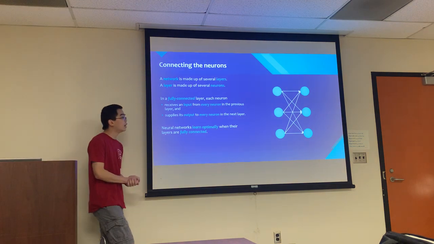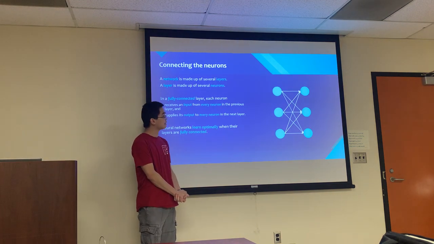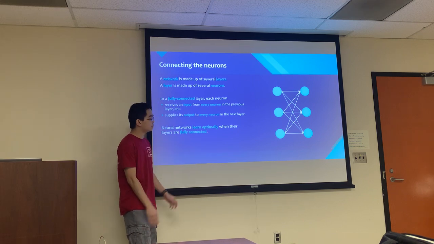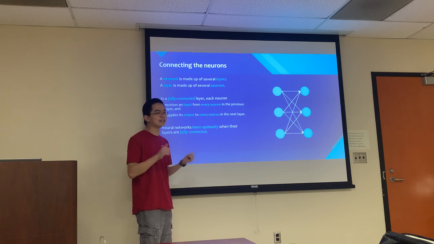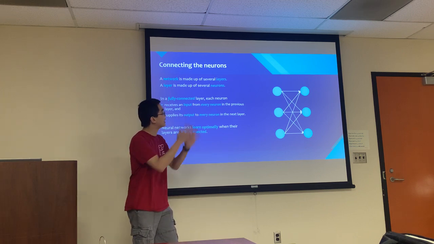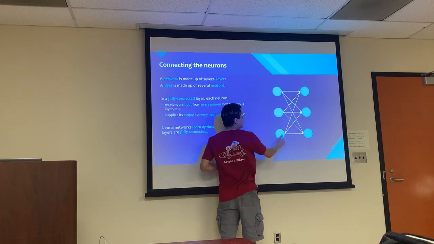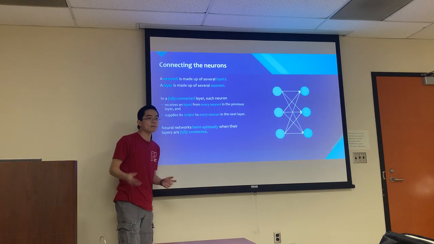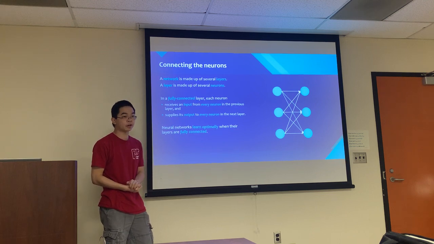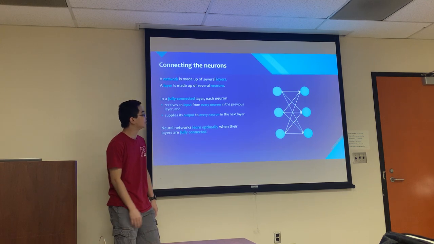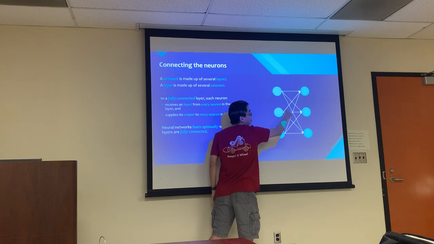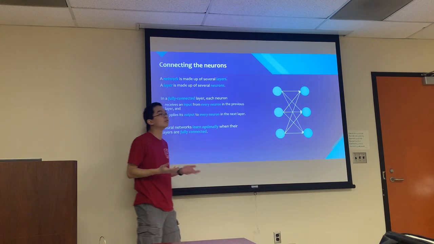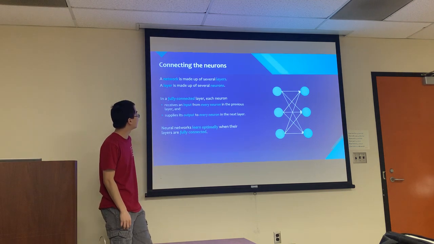Okay, so we talked about individual neurons, but basically a neural network is composed of many neurons, which you might expect. So the next level of abstraction from a neuron is a layer of neurons. A layer of neurons is basically this vertical column. Here we're looking at 2 layers. The most common type of neural network architecture is a fully connected layer, which essentially says that each of these neurons will map to every neuron in the next layer. You can see why this would be called a fully connected layer.